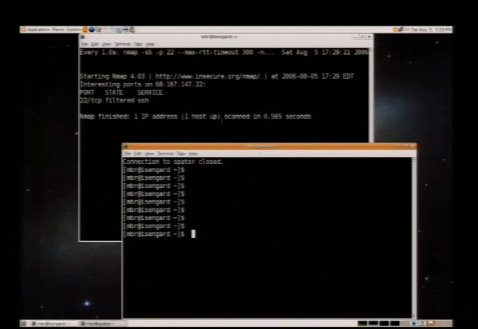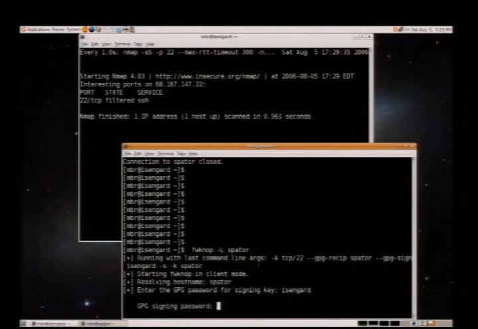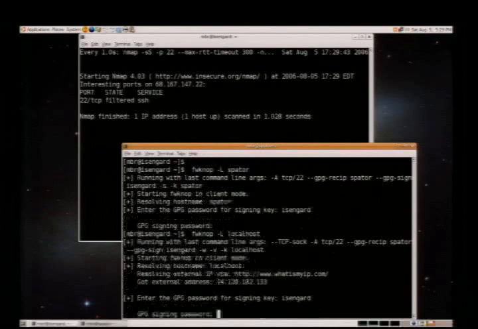Okay, so you can see that SSH is currently filtered on this IP. So I'm going to use that last command line argument that I told you about. The host name is spa-tor. And what's happening here is, excuse me, no, it's localhost. Okay. So what's happening here is I'm using a new TCP command line argument to FWKNOP to tell it to send the SPA connection over an established TCP socket. That's this TCP sock command line argument here. We're going to say that we want access to TCP port 22, which is where SSH is living.